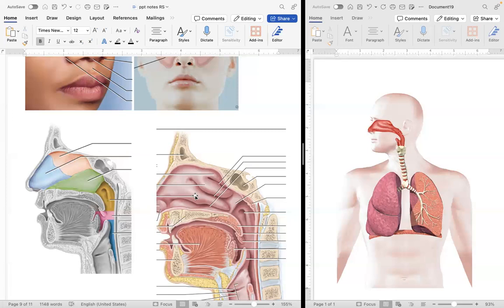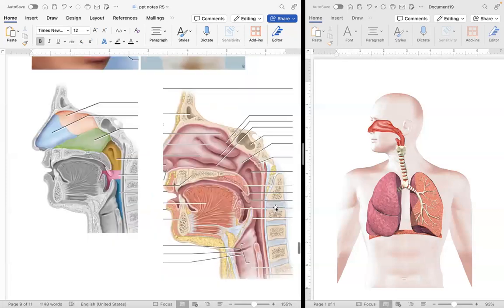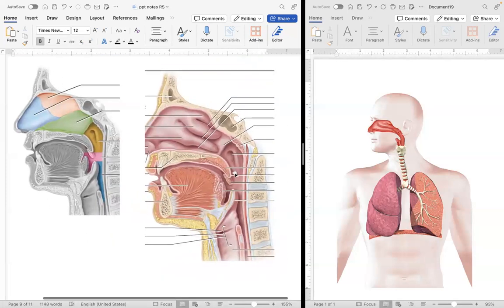And the air then further passes into this area here, which also has three areas, superior, middle, and inferior, and it's called meatus. So the air further progresses this way. We are in this area here, and it progresses down here. And this area here, it's called